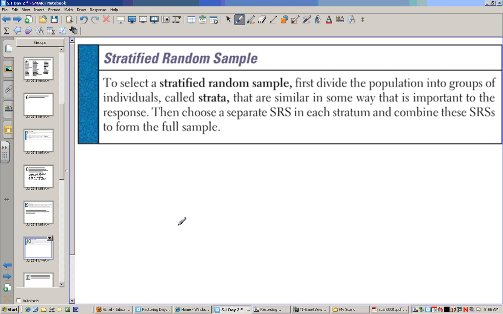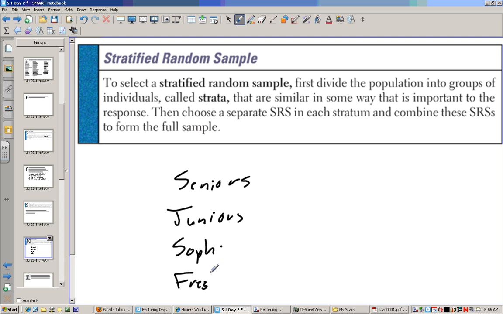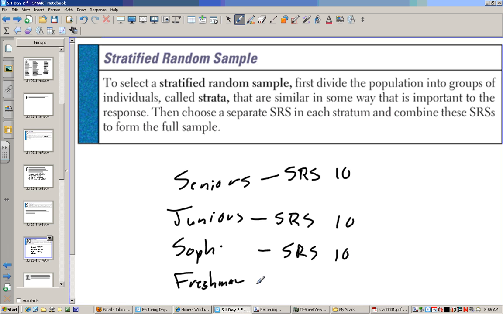One way we can do this is we can separate people into what grade they're in. You could have seniors, juniors, sophomores, and freshmen. And then we can do an SRS from each of those. So we can do an SRS of 10, an SRS of 10, an SRS of 10, and an SRS of 10. And then we have 40 different people in our sample, and we're sure that each of the 4 grade levels